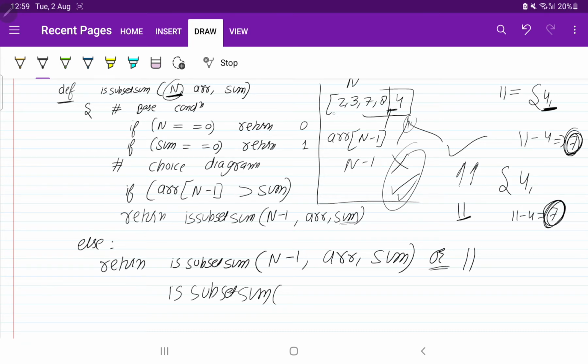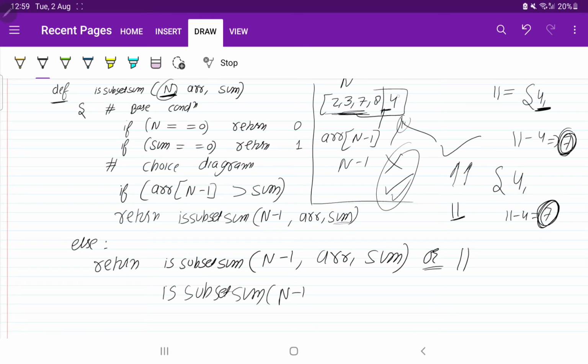So you are going to go in this array and see whether you get 7 directly or the sum of 2, 3, 4 elements as 7 or not. So the number of elements will be decreased this time also. We have taken the decision on 4, now we have to take the decision on this. Array will be same, but as I told you, sum will be decreased. So sum minus array of n minus 1. So this is the code, only this much.